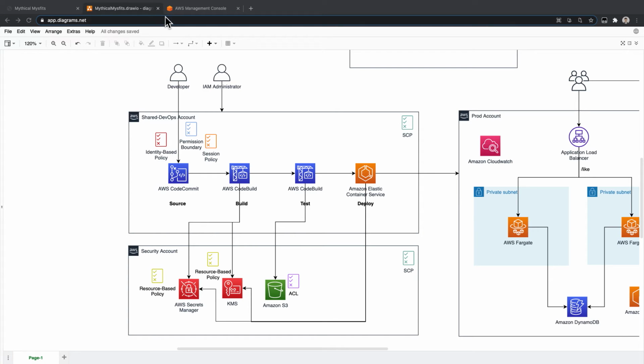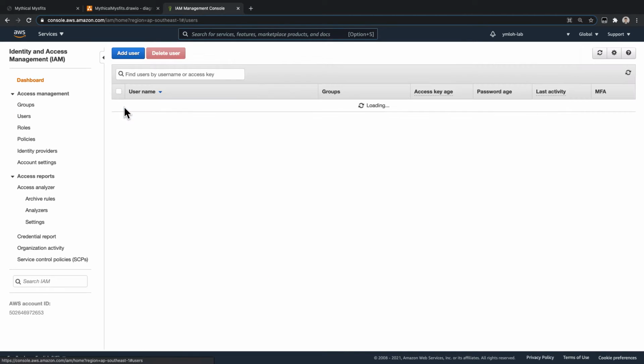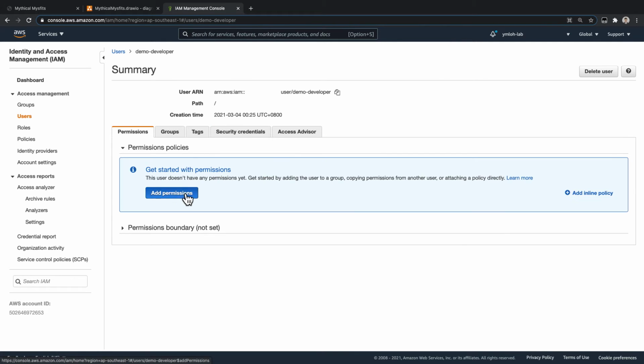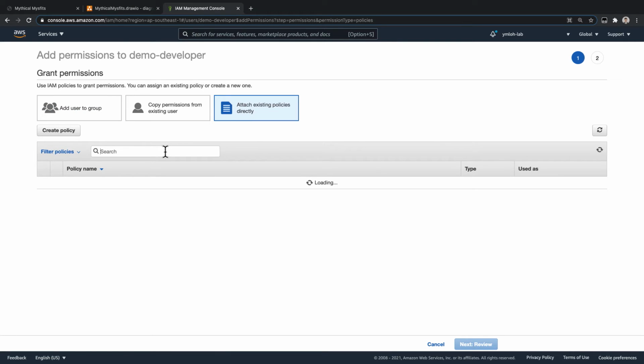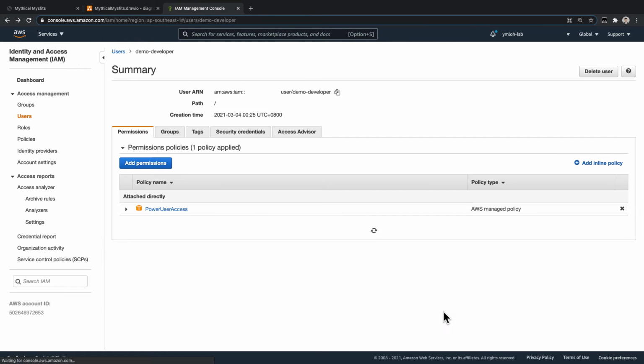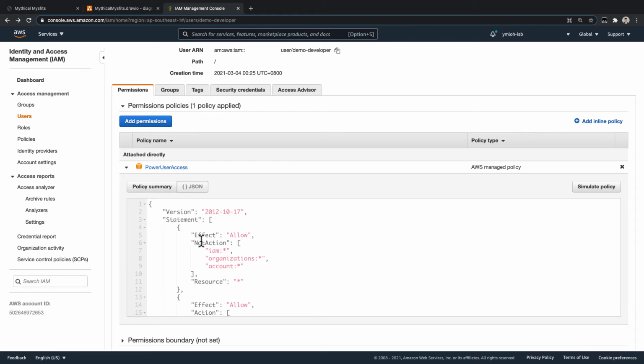Let's start with a very common scenario, right? Let's say I'm a new IAM administrator here and I've created an IAM user for my developer, which is called demo developer. I don't really know what the developer needs, so maybe let me just attach a power user role for him. Right? So as you can see here, I can either attach the policy directly to the user or group, which is why this is known as an identity-based policy as mentioned. So power user is an AWS managed policy which gives a lot of permission to the role. In fact, it uses an allow not action statement, which effectively gives permission for everything except for administrative actions like